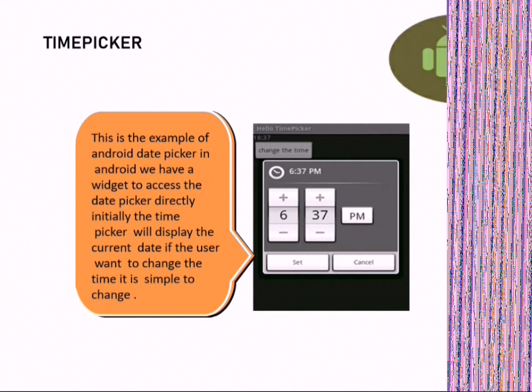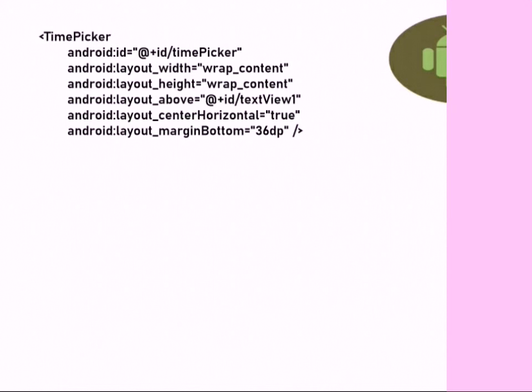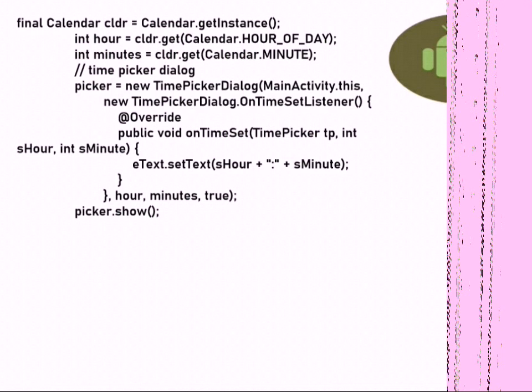Similarly, time picker is very similar to date picker. In time picker, as in date picker, there are two modes available. One is spinner mode and the other one is clock mode. As with date picker, you can call the time picker in your Android XML layout, or you can call it in the part of the application where it has to be prompted, with hard-coded code in a Java class.